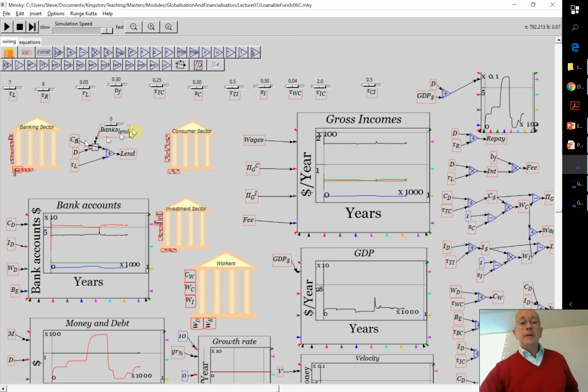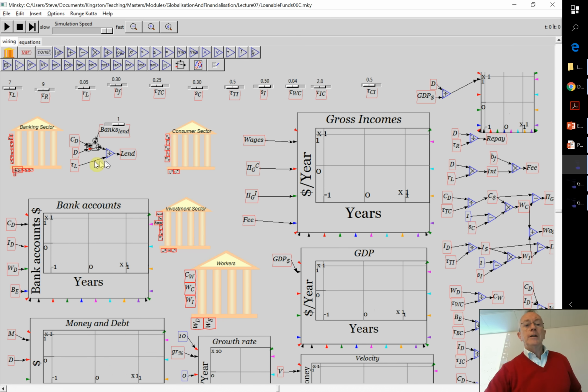So if I simply hit this switch, it now says, but I'll just actually stop the model and take one step. Notice now, bank lending is a function of the debt level of the firm, rather than the amount of the consumer's deposit account. So those are all the changes I've made. Everything else about the model is exactly the same. There's no change in any of the other logic. So the only thing is I've gone across from endogenous loanable funds to endogenous money, from where banks are intermediaries to where banks are originators.